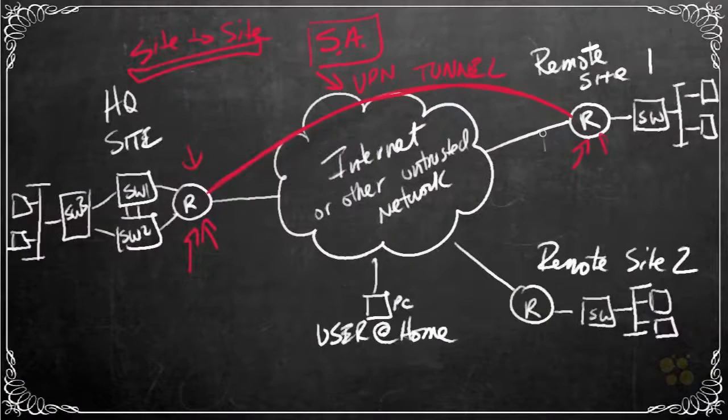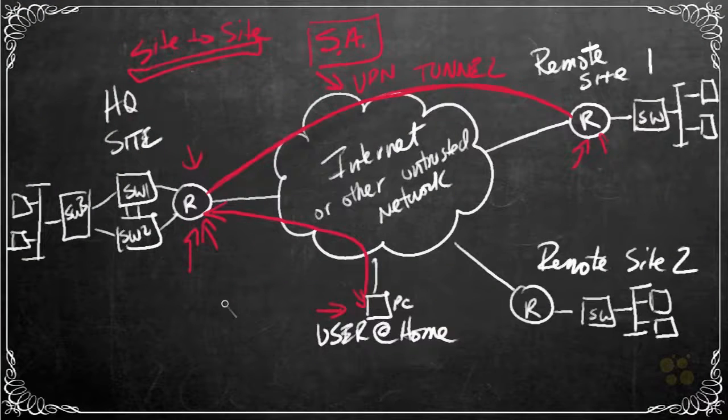Now, another scenario that we might want to use the VPN protection on is for an individual computer. So here we have Bob. Let's say Bob's at his home and he's got his PC connected to the internet. Perhaps he's using cable modem or DSL or some other method. He's connected to the internet, but if he wants to connect to the headquarters site, we don't want him sending packets just naked and unencrypted either, because once again, they could be intercepted or eavesdropped on by devices on the internet. So once again, we could build a VPN tunnel here from Bob's computer individually over to some device at